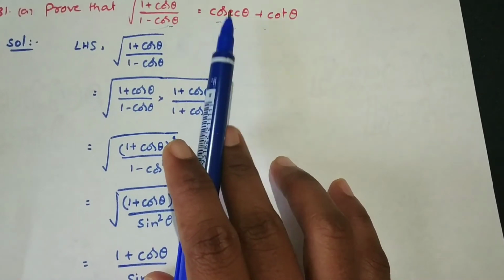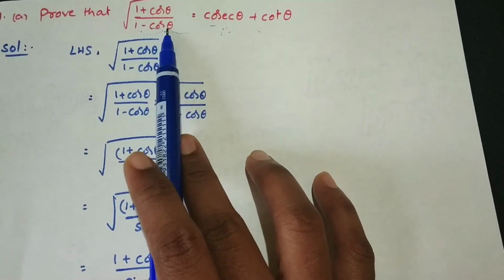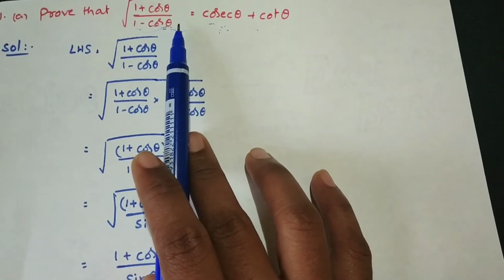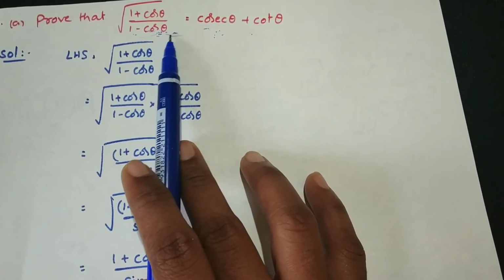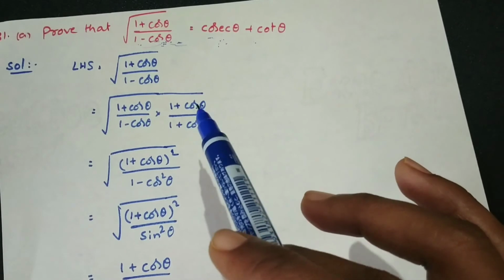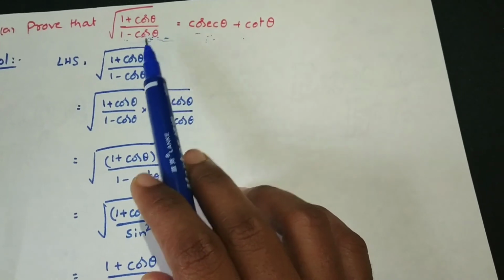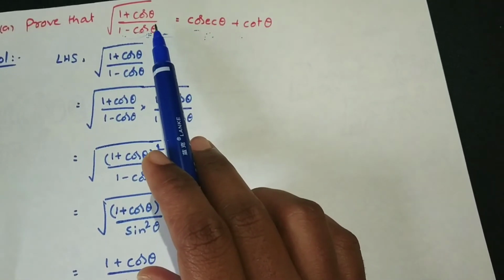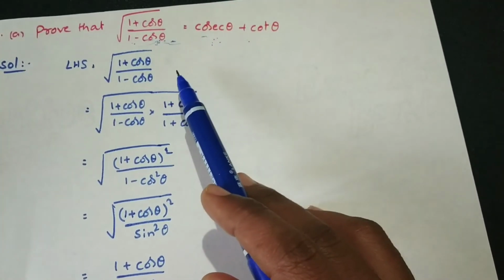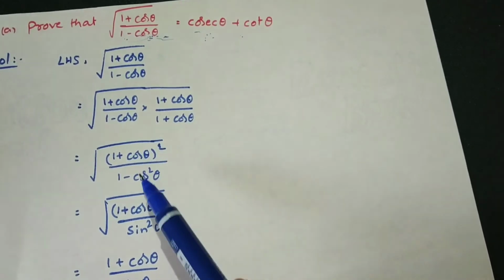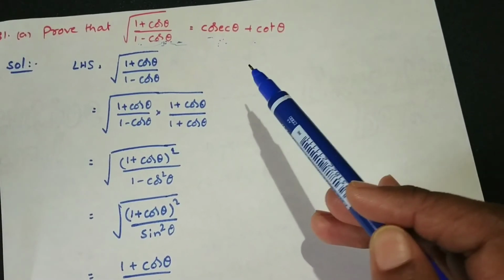To get the cosecant theta, in the denominator we want sin theta. Denominator we want sin theta means here the possibility is 1 minus cos theta. So 1 minus cos theta, if you multiply with 1 plus cos theta, a square minus b square, you are going to get 1 minus cos square theta, which is sin square theta. So we have to multiply the numerator and denominator both with 1 plus cos theta. Then only can I get sin square theta in the denominator, and then on the RHS 1 by sin theta, cosecant theta.